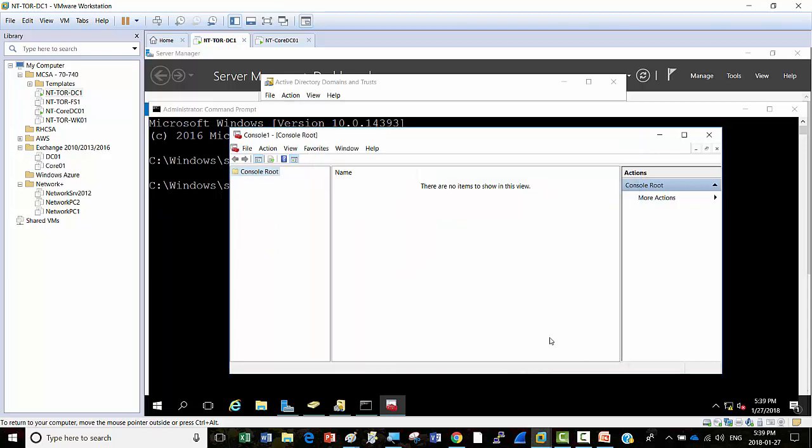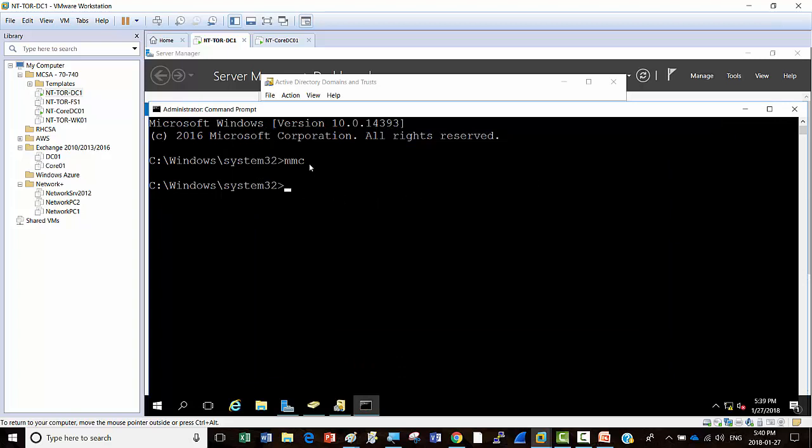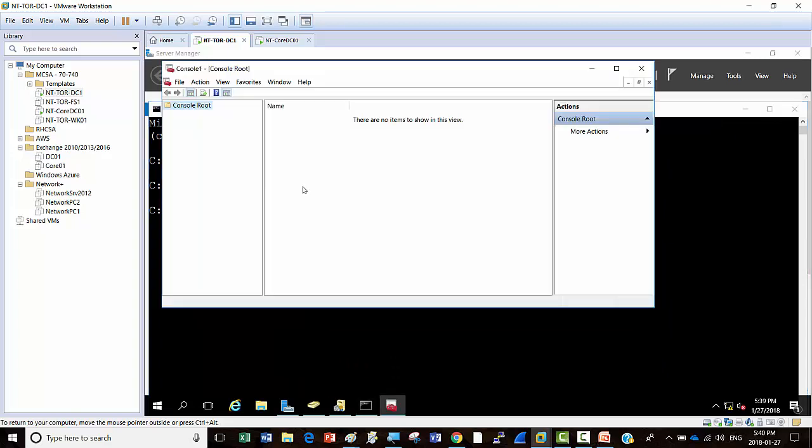On which server are you? Click on File. Which console is this? See, I just issued the command MMC, enter. We can run the command in the command prompt, or we can bring up Run by right-clicking on the Windows button. So click on File,